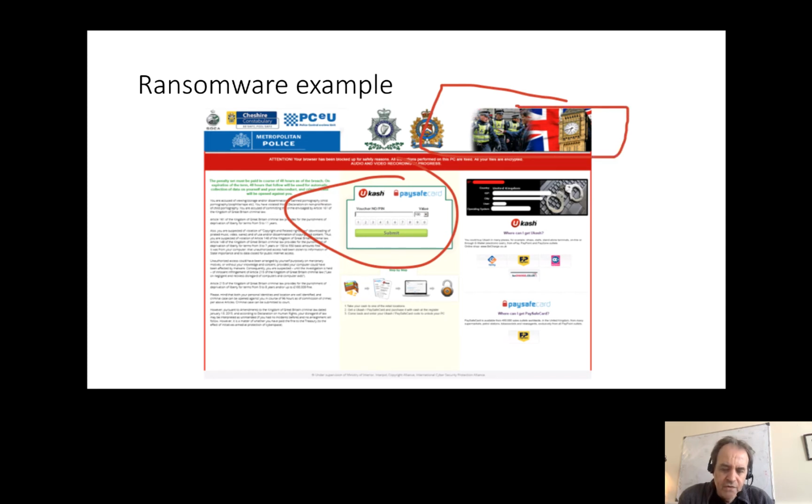It will have lots of things related to law enforcement, and then to reinforce to the user that this is a serious message. Unfortunately, this type of ransomware has had some serious effects, in that there has been a case of someone who committed suicide because they thought this was a valid message, and that someone would tell their parents about this.